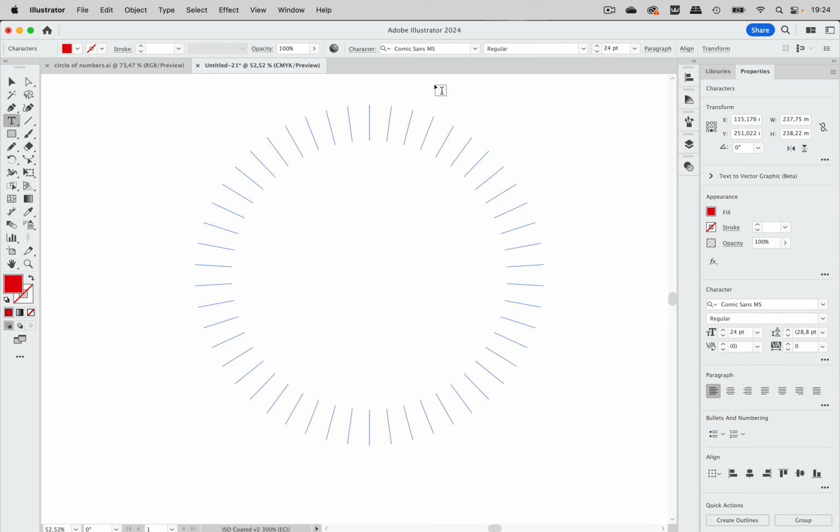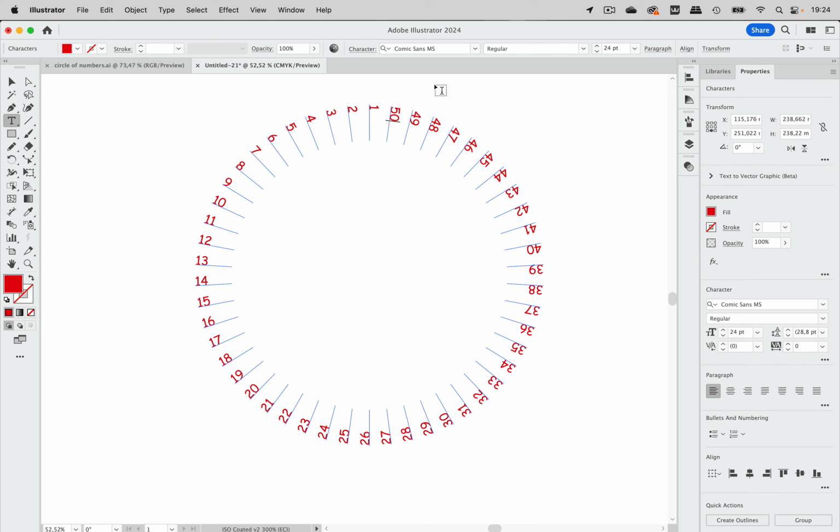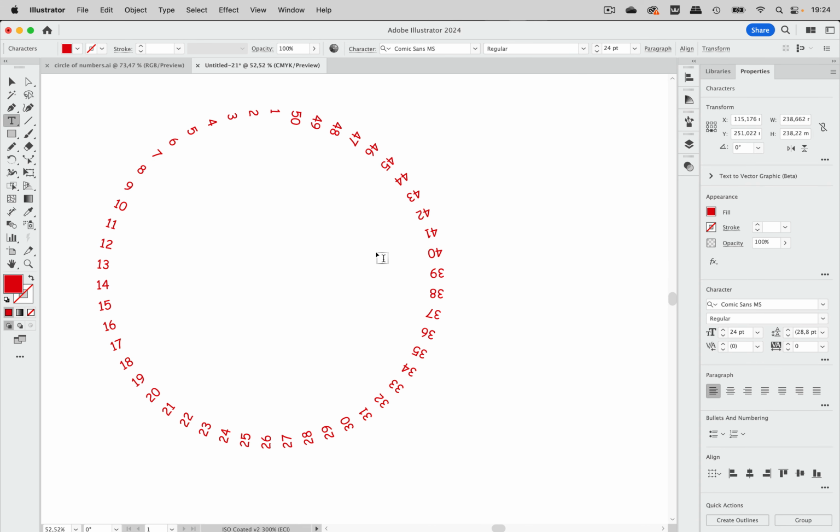So I'm going to use the shortcut Command V, on Windows Control V, and there we have all the numbers. And you see it starts at the first one I have drawn, and then it goes to the left. So it also is written from top to bottom, and remember that was the direction in which I drew that first line. So if you want to have them running in the other direction, you have to rotate them